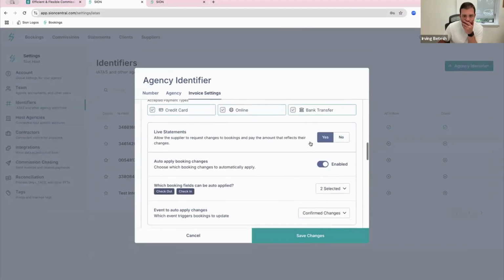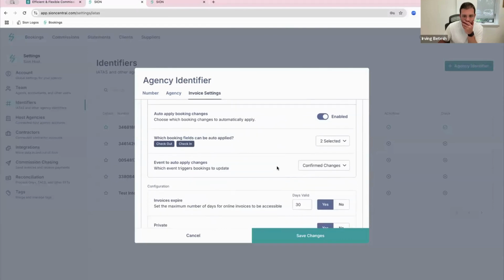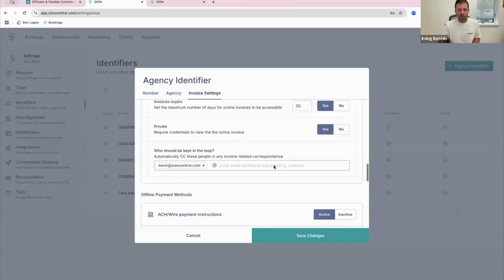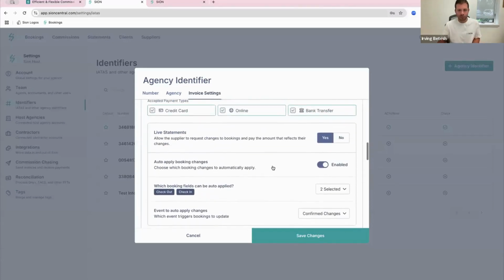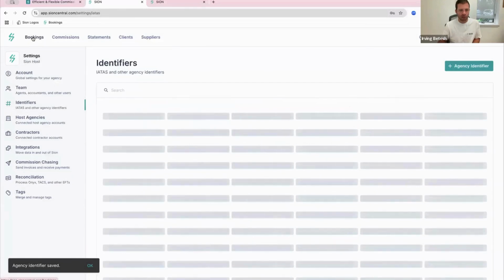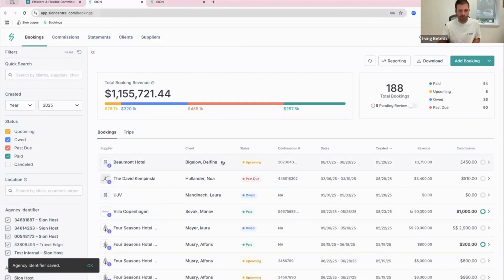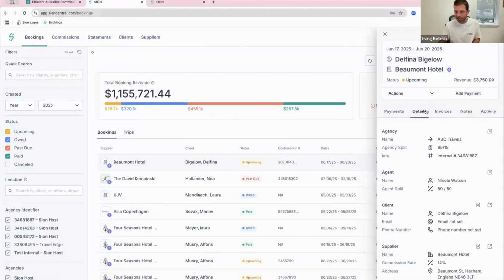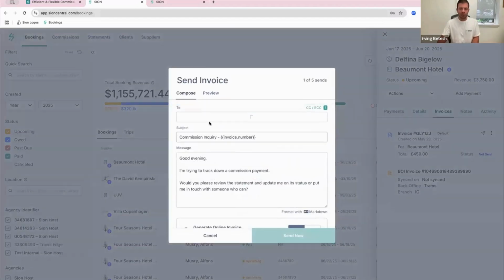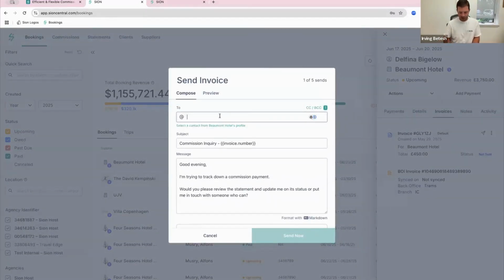Most supplier invoices are active, yes. All right. I'm not sure why that info isn't coming up. Let's see here. Just make sure it's on the right IATA number. It could have been saved under a different default. Anyway, I'm just going to keep going here. So when I go again to send this email,